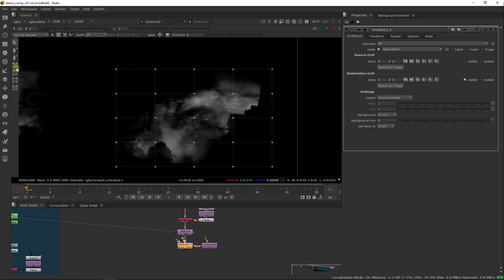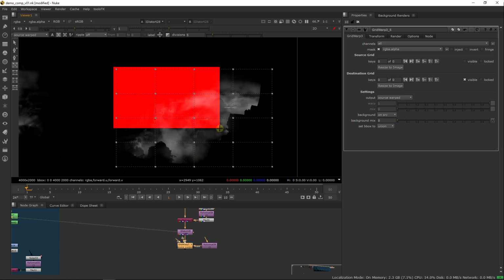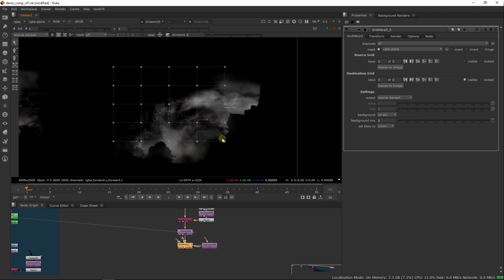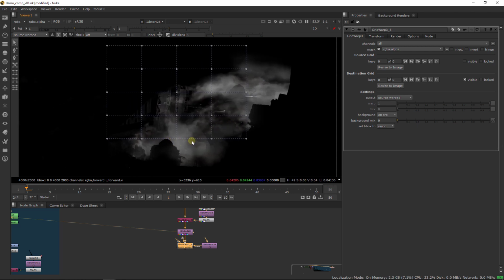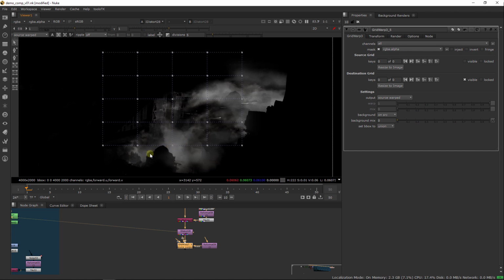So actually let's draw it here maybe, because I don't want to distort this bottom area with the silhouette too much, because that will kind of make the edge fuzzy in the final comp. So let's just put it here and let's just distort this top bit. It's going to be very subtle anyway. So let's create a keyframe on the destination grid on frame 1, and for frame 50,